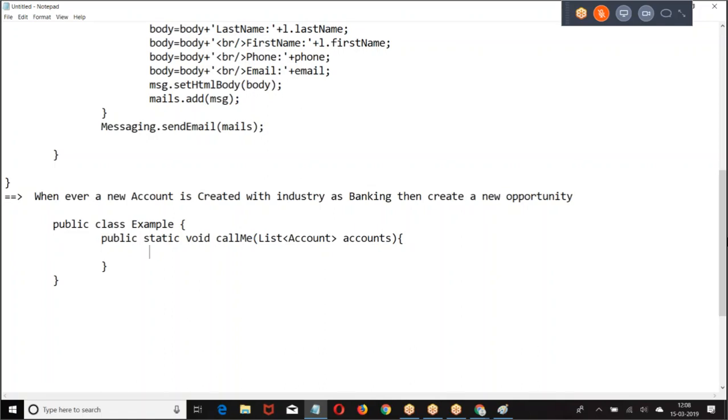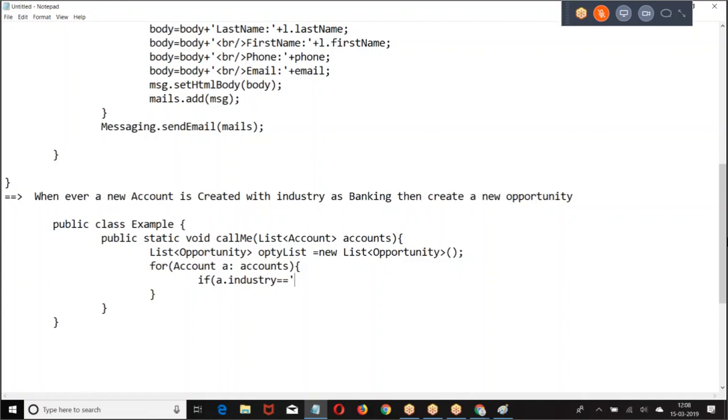Public static void call me. Then create the list of opportunities, because I don't know how many opportunities I'm going to create. What you are supposed to do for account A, take one by one account. If A dot industry equal to banking. If the industry of the account is banking, then you are supposed to create